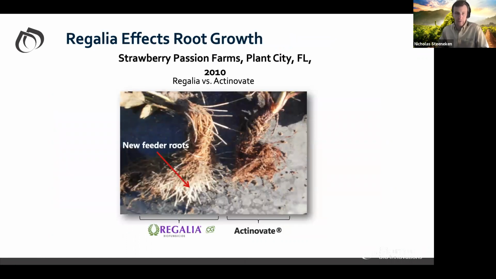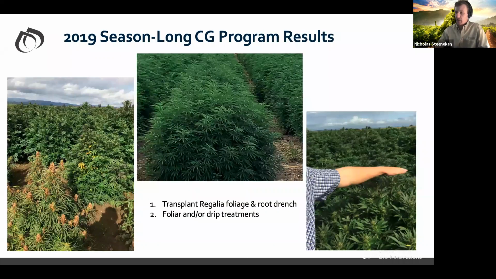Another interesting aspect of Regalia is when you're using it in a chemigation or a drench application, you will see an increase in root growth typically. This is why a lot of growers like to use it at transplant. And here we have another slide just showing what happens when you chemigate. This has foliar and chemigation, and it was treated at transplant. And you can see typically the field here looks very healthy. This plant in the front was not treated, not chemigated, and is covered in bud rot.